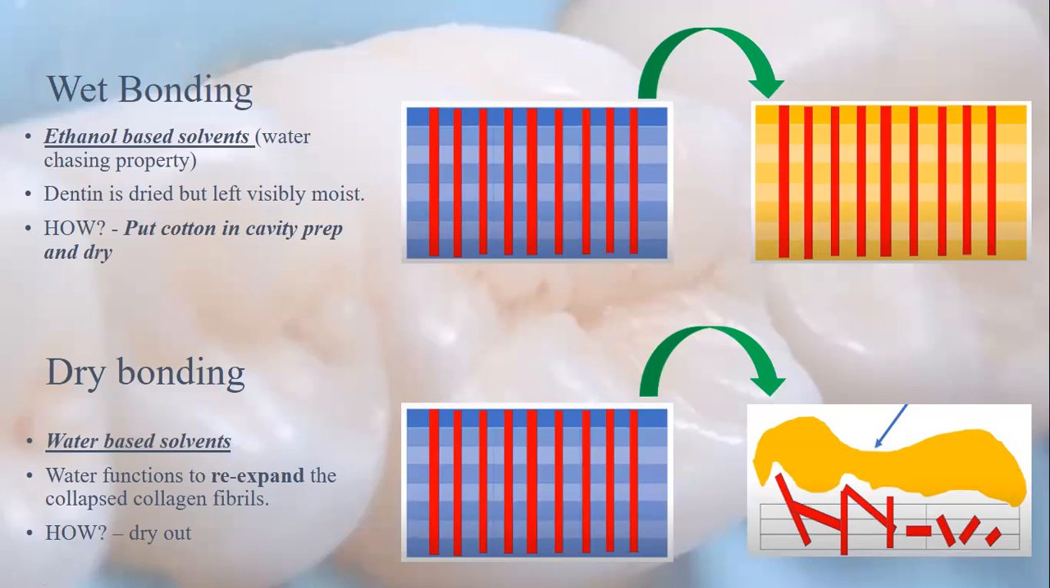If the particular adhesive that you're using is ethanol-based, what it simply means is that after etching, you dry the dentine, but you leave it visibly moist. A common way in which people do this is they put a cotton pellet or a rolled cotton roll into the cavity preparation, and then you dry out. When you remove the cotton, it will be visibly moist. That's wet bonding. And it's applied with ethanol-based solvents because the idea is that